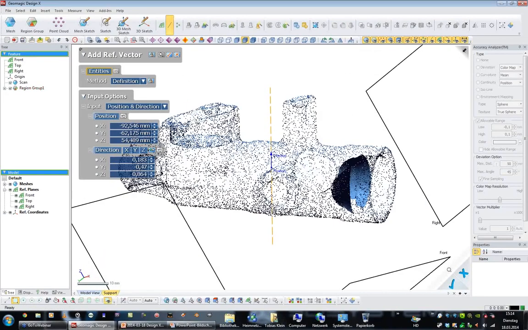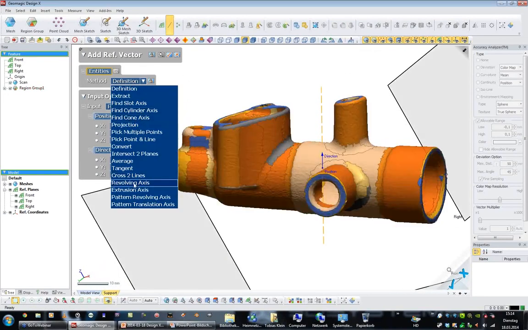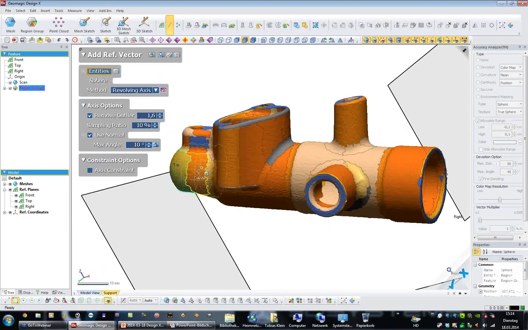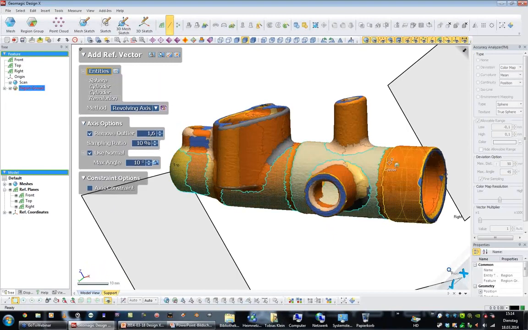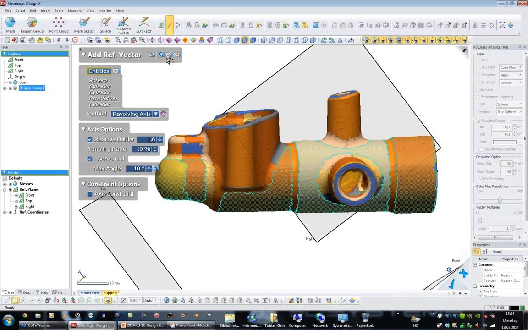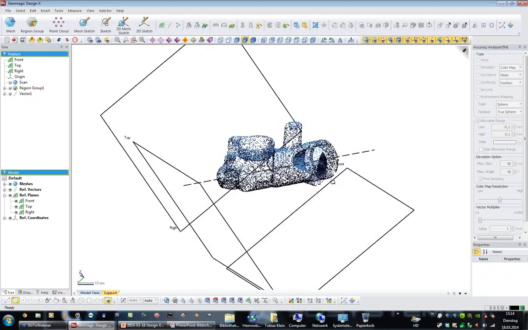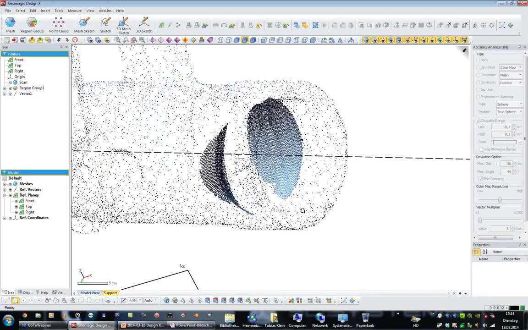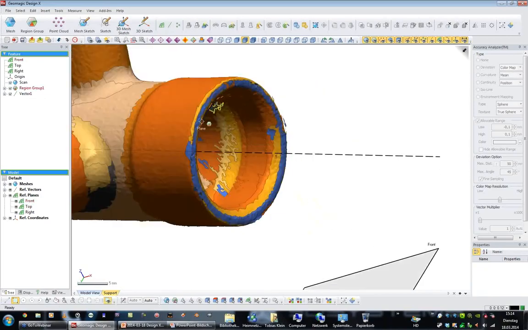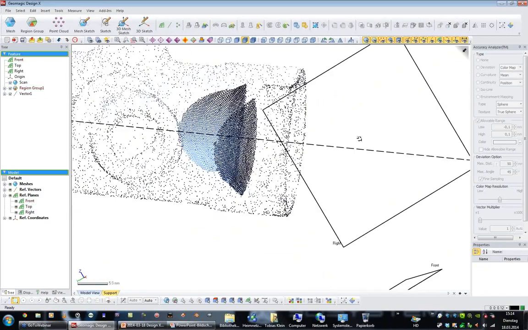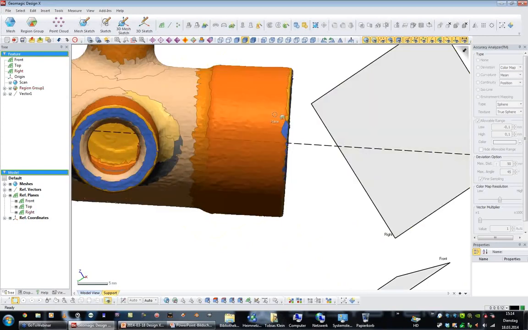You can just extract the cylinder axis or revolving axis. In this case I will extract the revolving axis just by picking some of the features and just accepting this one. So we have the revolving axis here. This is our primary axis. Then we want to have the outmost position in this direction from the part. So I will create a plane